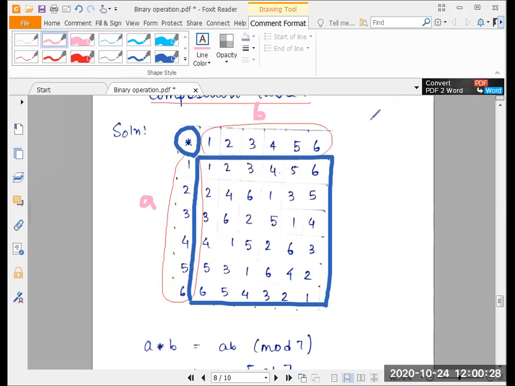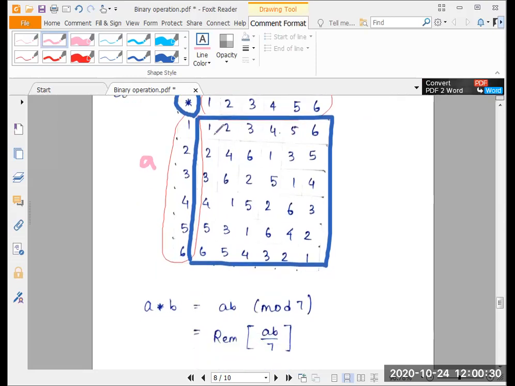Yeah. So this is the B and those are the A. What I do is I take A equals 1 and B equals 1, and then I multiply both of them. So I have to multiply A and B, and I get 1. This 1 times 1 is 1. Then I divide 1 by 7.